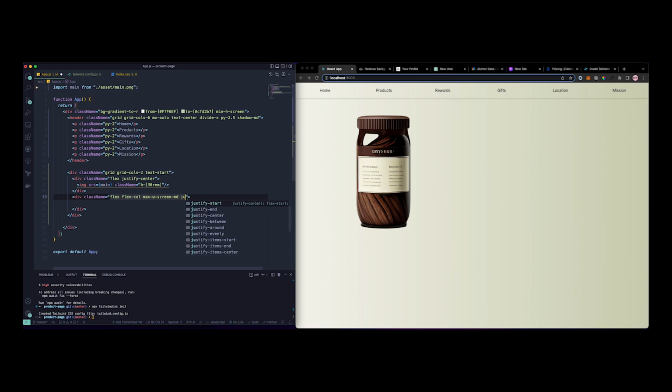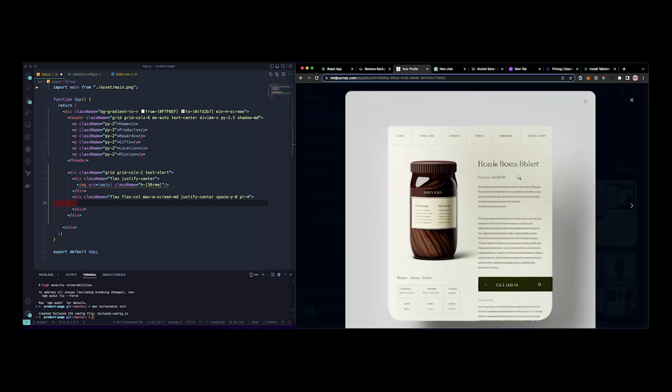It's up to you if you want to change anything here. And then let's do justify center, space y8, and then PR, which is padding right of 4. So once I do that, I'm going to first add a header, and then maybe a subheader, and then some